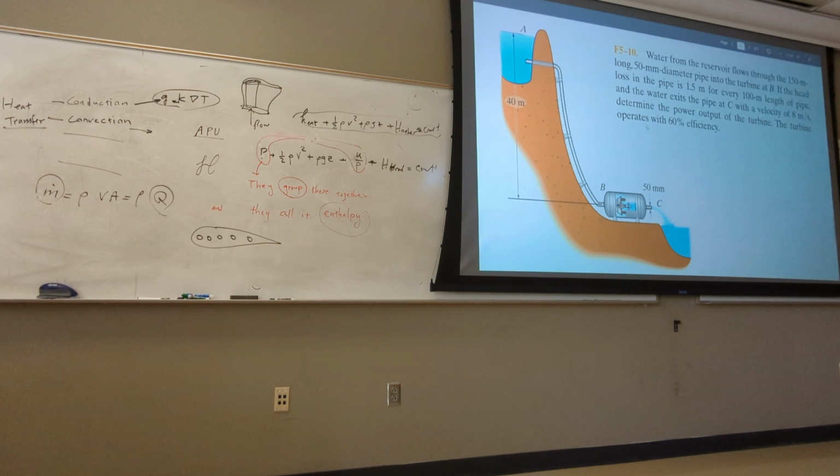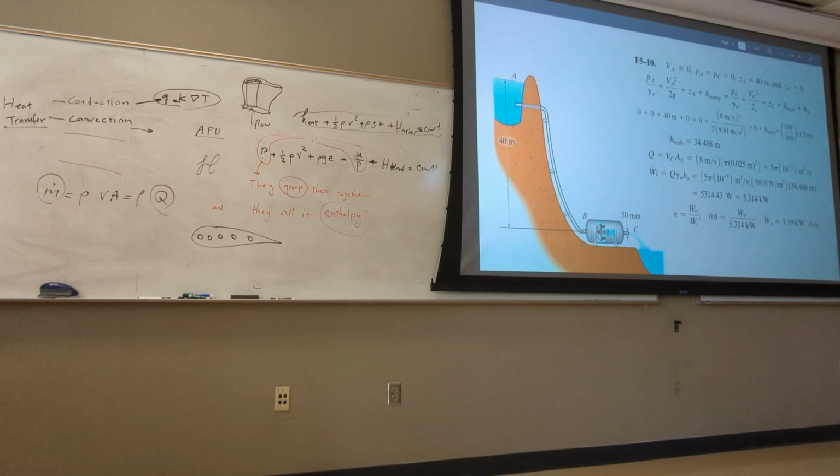Let me just write what it tells you. It says, write the energy equation between A and C, here all the way to C, and then compute the head of the turbine, and then finally, before recording your number, multiply by 0.6, because the efficiency is 60%. So that's what we do here. You have velocity at A is 0. You see, approximately 0 is not 0, but you take it as 0. Pressure at all points is 0. You see at A you are exposed to the atmosphere, at C you are exposed to the atmosphere. And then the elevation at A is 40, ZA is 40. The elevation at C is 0.